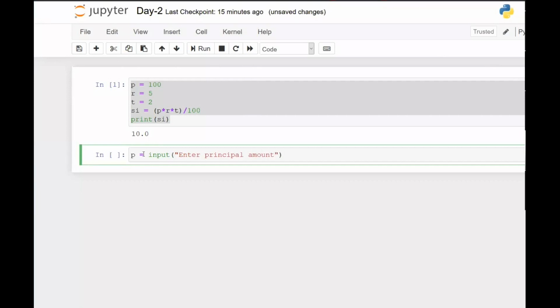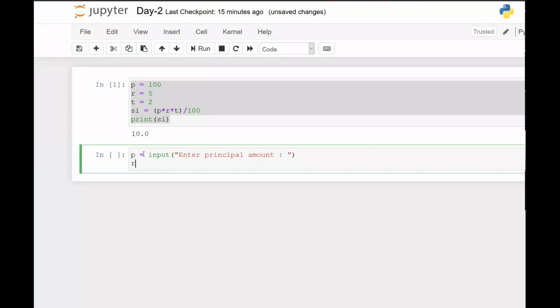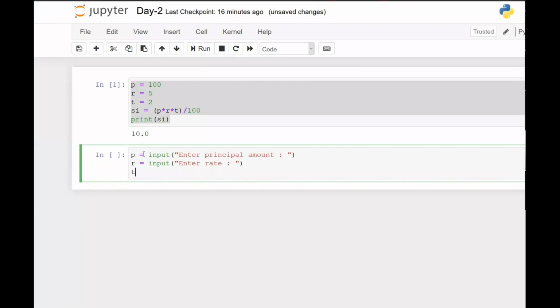Okay. And then I will say R equals input, enter rate. Then T equals input, enter number of years or something, right?